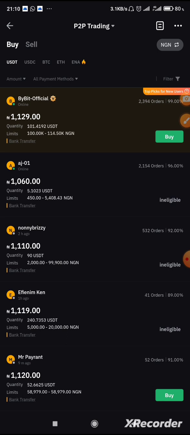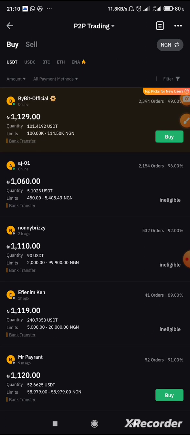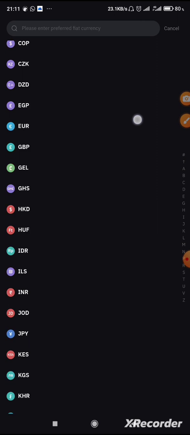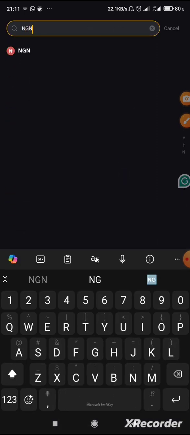the P2P trading area. Now that we're on the P2P area, you want to set up your P2P trading profile to suit your trading direction. First of all, you want to verify what you have as your currency. That's your default currency. For Nigeria, you will want to have the Nigerian Naira as your default currency. You can see you have several options, so choose the one you want, or just scroll down till you find